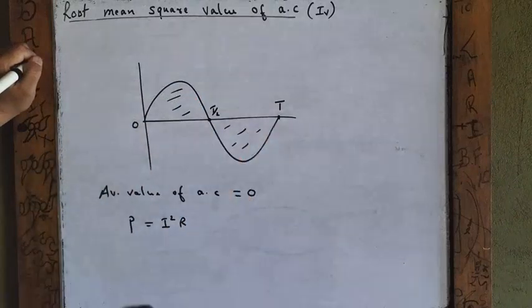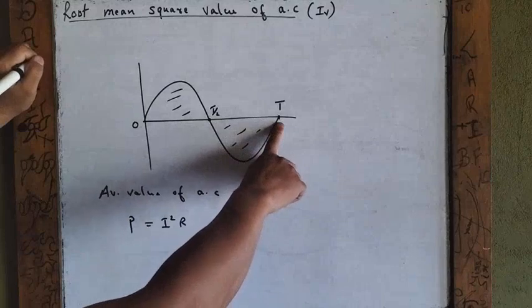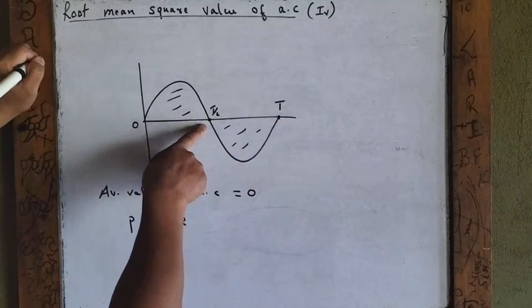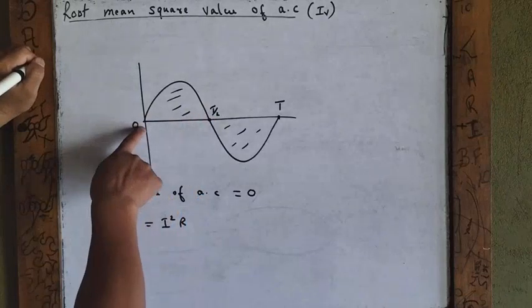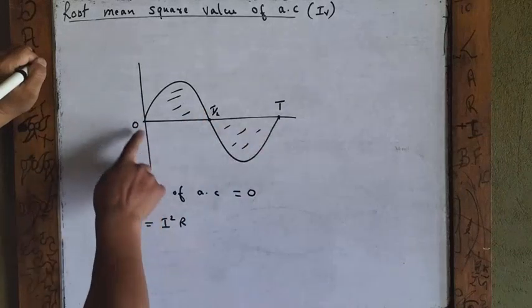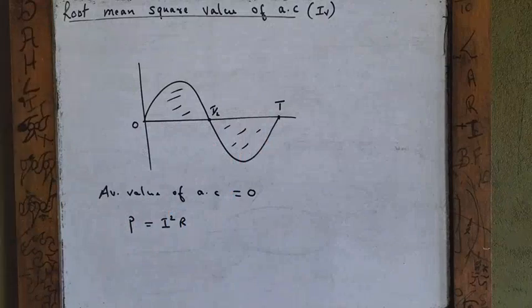and the time taken to complete one cycle is known as the time period, and for that we denote by capital T. Half of the time period will be T upon 2. So at this time 0, T by 2 and capital T, the current is always 0. Okay, now